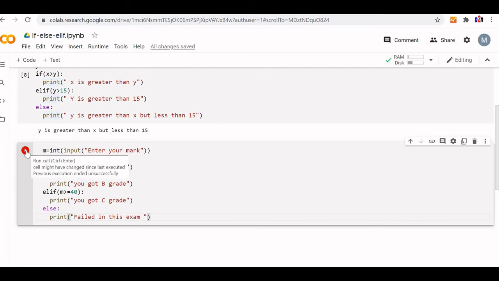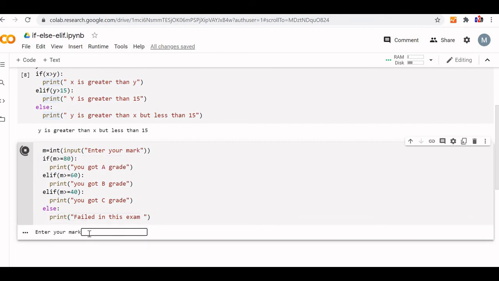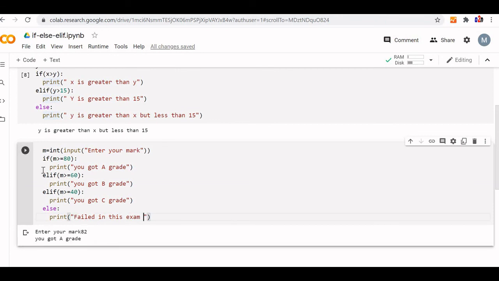So, let us run this code now. It should ask me. Fine, I am giving 82. You got A grade. Now, again let me run it. I will give 80, then also it should show "you got A grade." Now, let me keep some space here. Again let us run it.